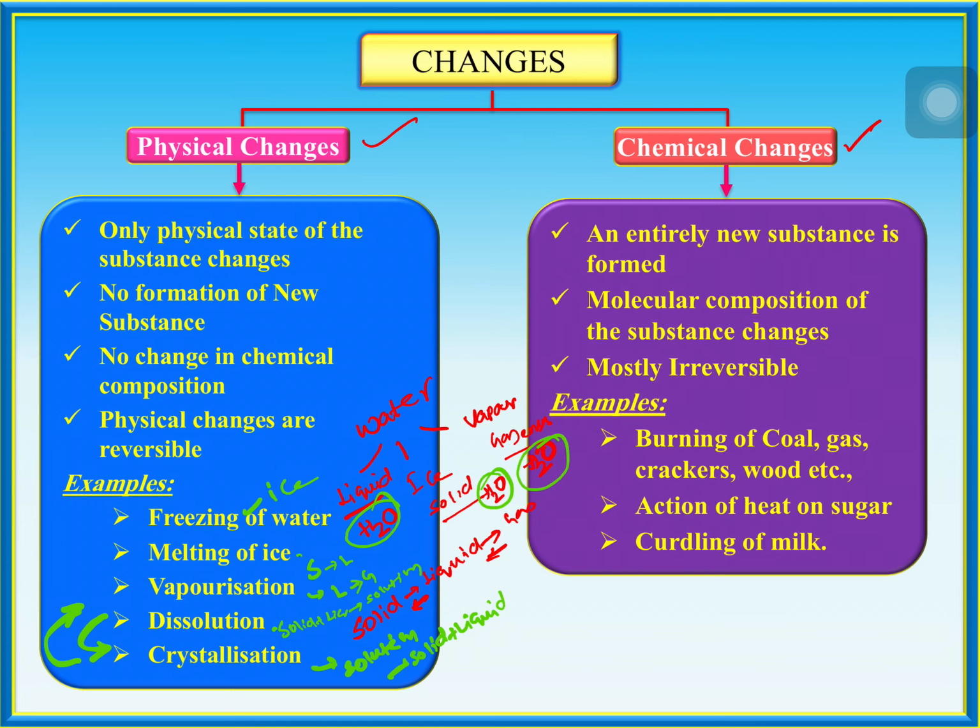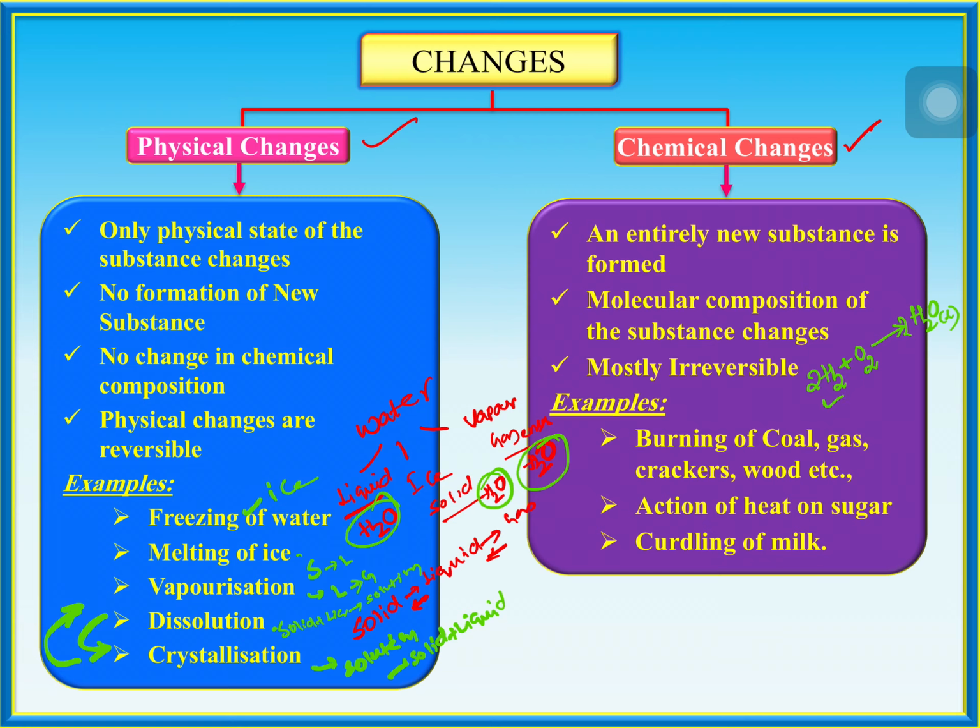Once a chemical change has taken place, you cannot reverse it. Let us take cooking chicken. Boiled chicken cannot be reversed back into raw chicken. Boiled is going to have entirely different properties. Unboiled is going to have different properties. Or when you are mixing hydrogen gas with oxygen, this burning of hydrogen, you are going to get H2O liquid. This reaction is used in the Apollo space program. Hydrogen combines with oxygen to give water.